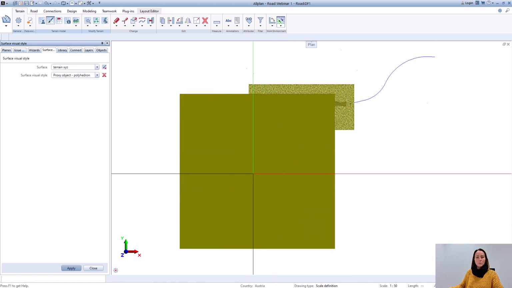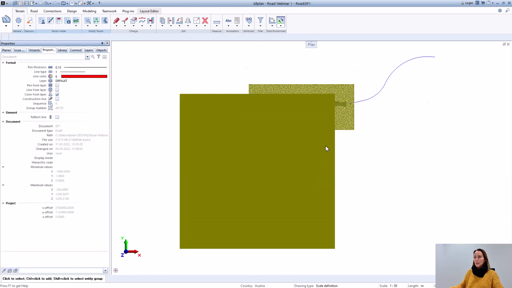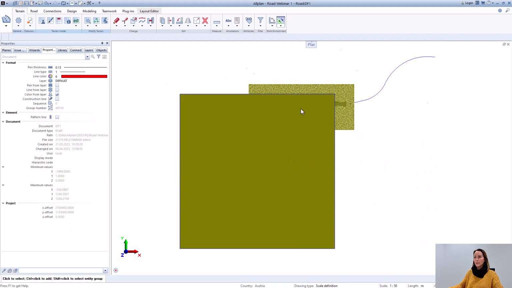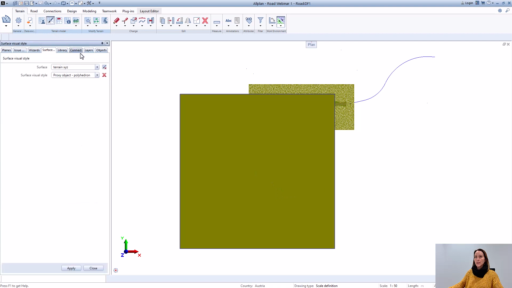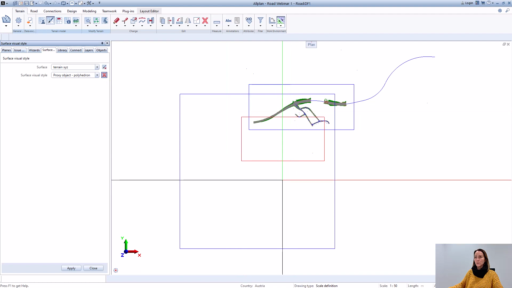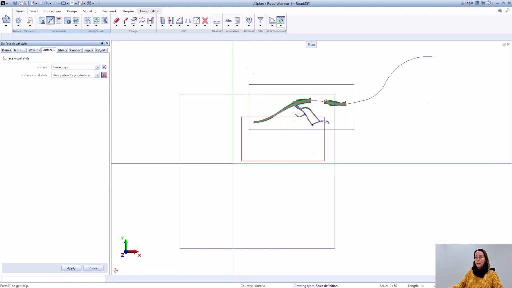So because these files can also be big, we will now show you how you can reduce them. First, you can reduce them or also remove them from visualization, which does not mean that it's not there, you just don't visualize it. We will draw a border so that you know where the terrain is. So you go to the surface manager, click on terrain XYZ and draw surface border. Okay, and you see this blue border is where your terrain is. And when you go again to surface visual style, with the surface selected, and select this X, you see the visualization is gone. We removed it so that it doesn't disturb us and we can work faster. Okay, but we will now apply it again,